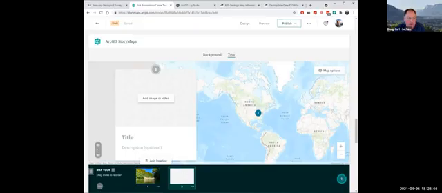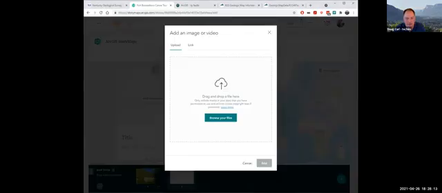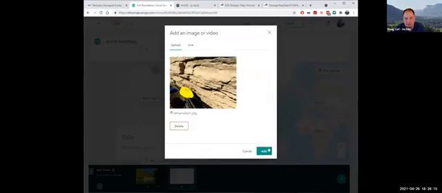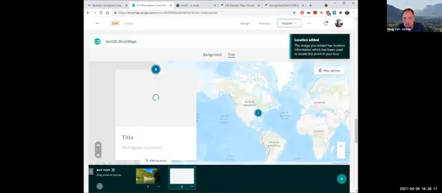So, the next one is, I looked at the Camp Nelson. Sorry, I have to add an image. I looked at the Camp Nelson geologic unit here.